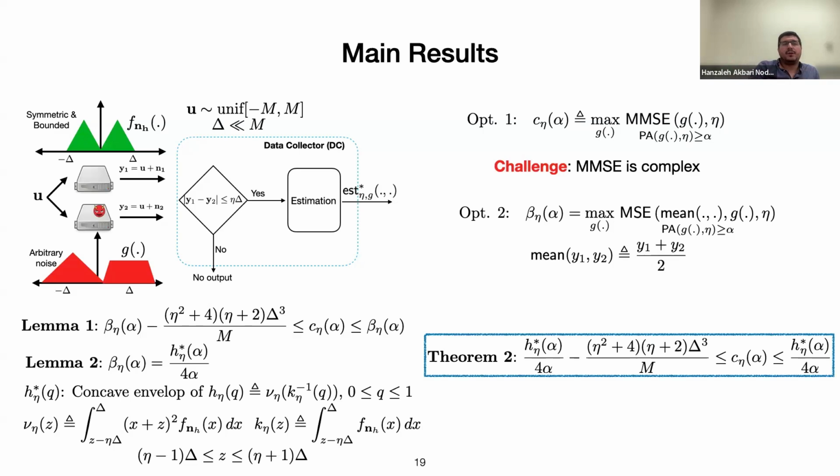And therefore, by combining lemma 1 and lemma 2, we can fully characterize optimization 1. And that's all we want. Because if you remember, I told you that if we know the result of optimization 1, we can find the eta star. And then through introducing another optimization problem, optimization 2, we could characterize the result of optimization 1, which you can see here in theorem 2. So that's the high-level overview of the proof.